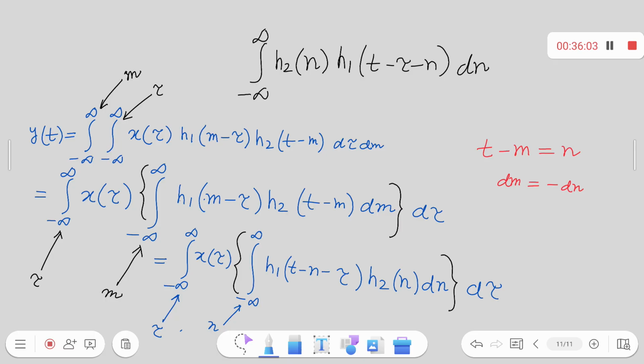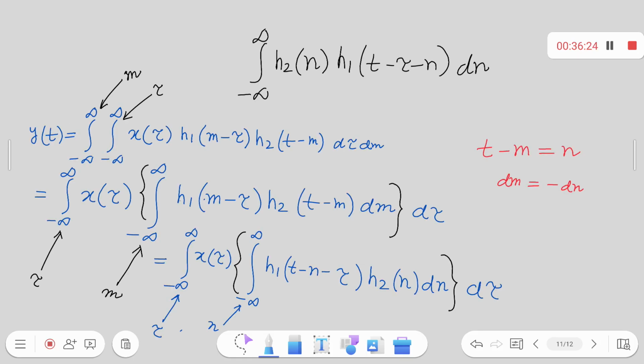I don't have space over there. Anyway, let me go to the next slide. So y of t, I have found minus to plus infinity, x of tau there, and what else? Inside this bracket, what we have? This one, h1 of t minus tau convolved with h2. That means I can consider the entire thing as the convolution of